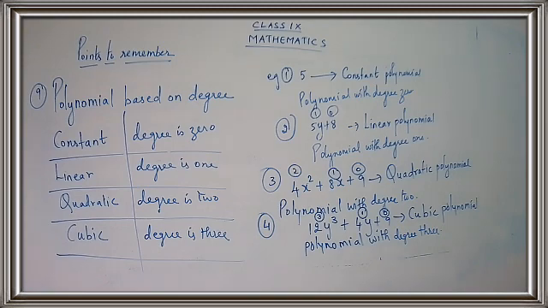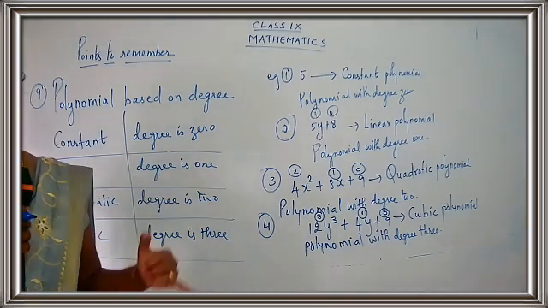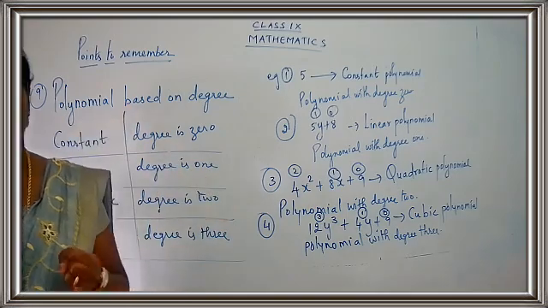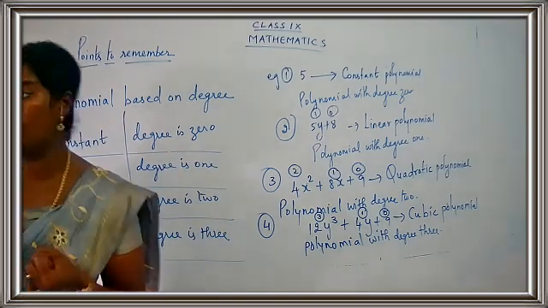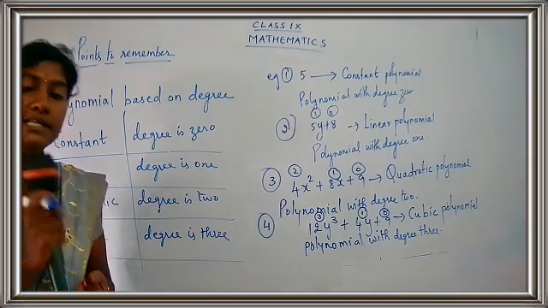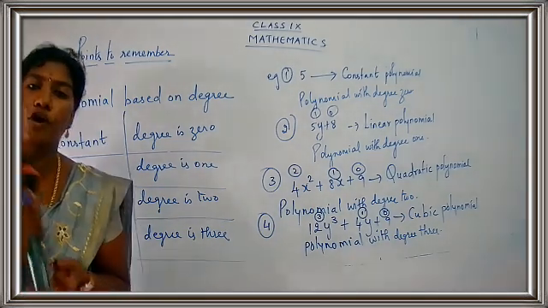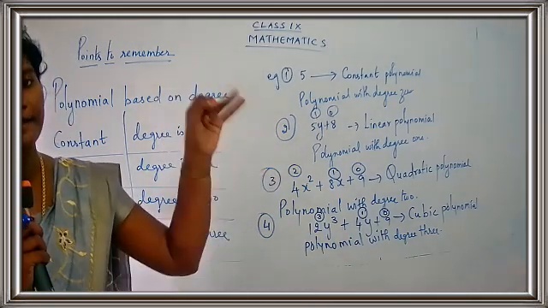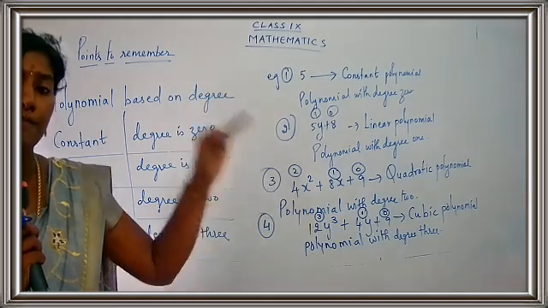So we have seen 7 different types of polynomial. I just want you to have a refresh of all the 7 polynomials. The first one is a monomial, and monomial means a polynomial with only one term. If you have only one term, you have to call it a monomial. If a polynomial has 2 terms, it is called a binomial. If a polynomial has 3 terms, it is called a trinomial. Monomial, binomial, trinomial. 1 term, 2 terms, 3 terms.